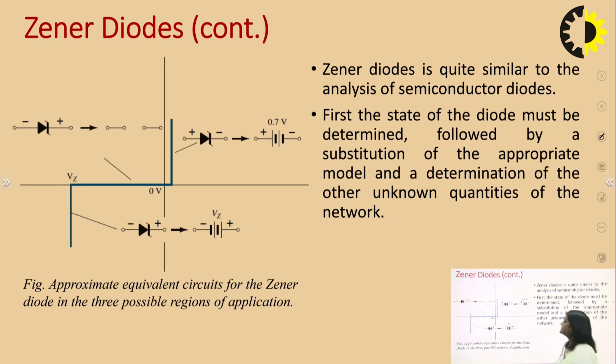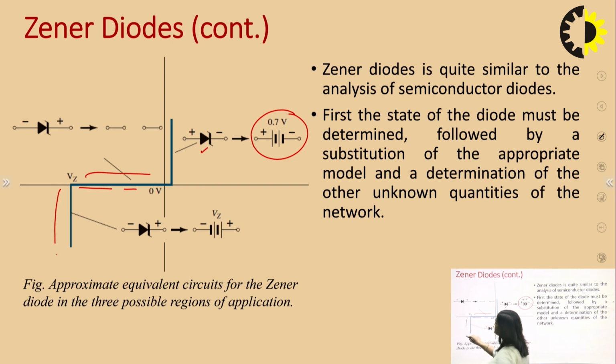Here we can see this is our Zener diode, and positive potential is with the P plate and negative potential is with the N plate. This is the Zener diode when it is in forward bias, so it will work as a normal PN junction diode. If it is silicon, it will be replaced with 0.7, and if it is germanium, it will be replaced with 0.3. Now we can see this is the reverse bias region.